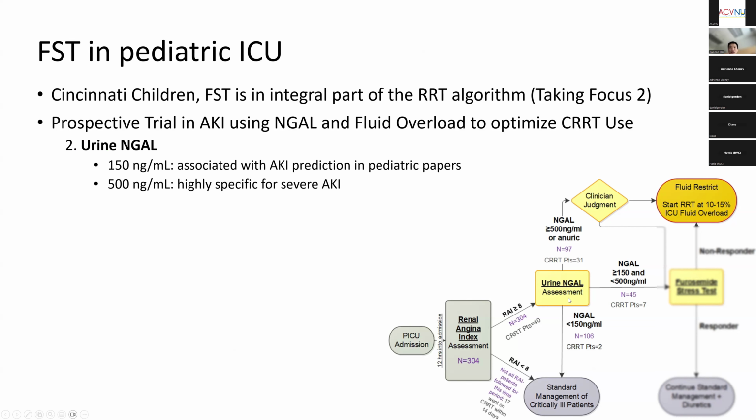But any patient that has an NGAL between 150 and 500, those are the patients in the gray area, where according to this flow algorithm they go to the furosemide stress test. And they established this cutoff point based on previous trials showing that an NGAL above 500 is very specific for a severe AKI, where those patients would not necessarily need a furosemide stress test unless the clinician wants to,